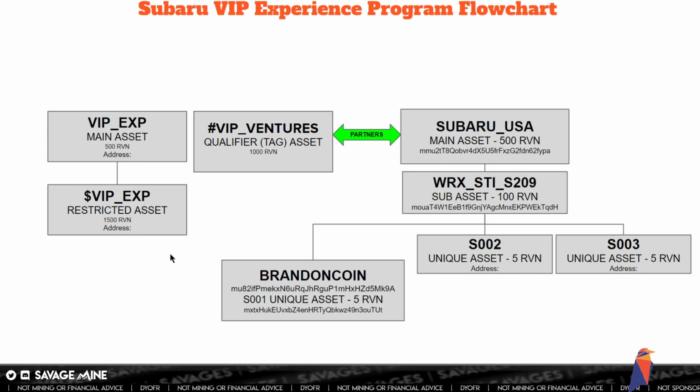So if Brandon Coin purchases 12 of these, what he can do with the restricted asset is send that to Serpent, to pay for whatever it is whenever he brings his car in for service.